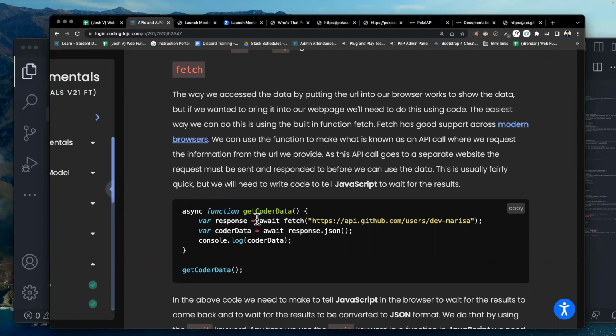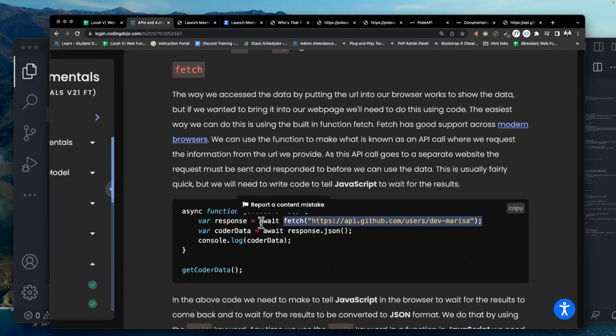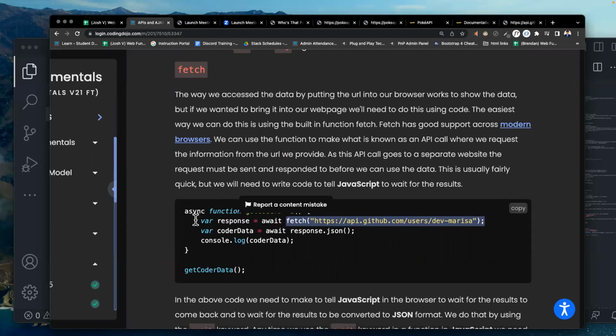What this is doing is saying, I want you to make this fetch call to this API URL, and I want you to continue on with reading the JavaScript code that I have written here. But when you finish this, put this on hold until it's done.